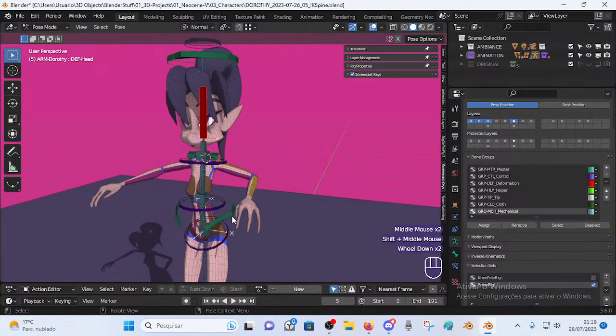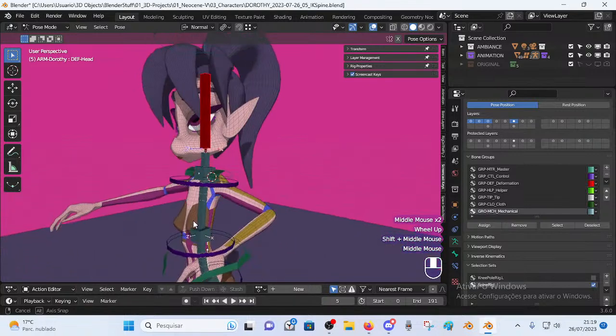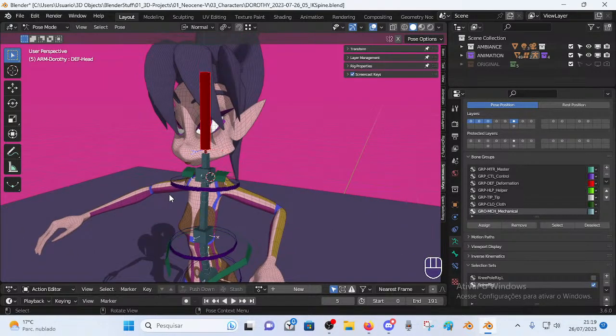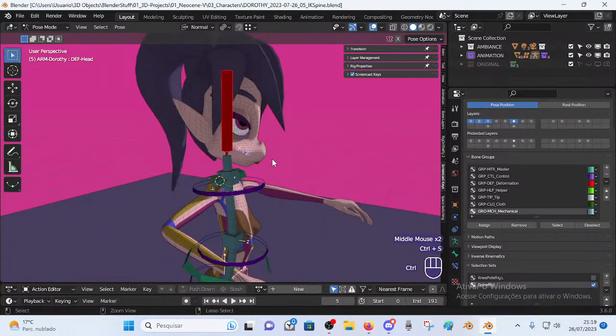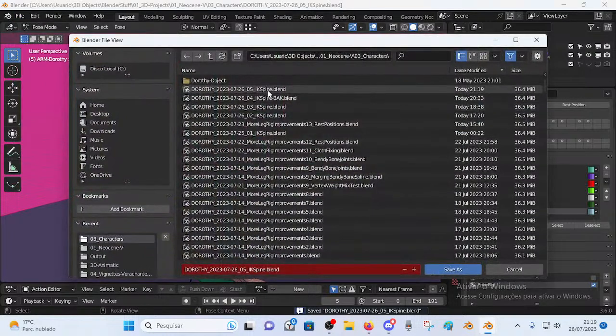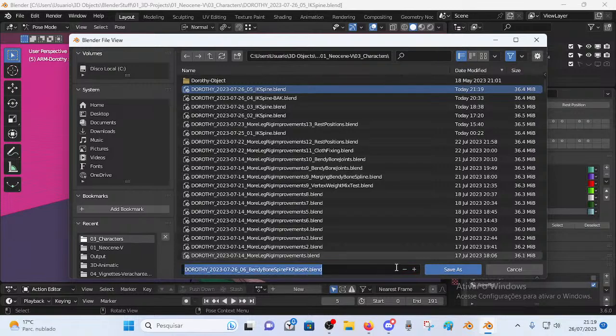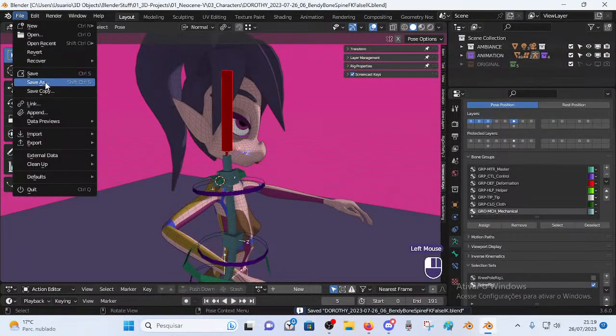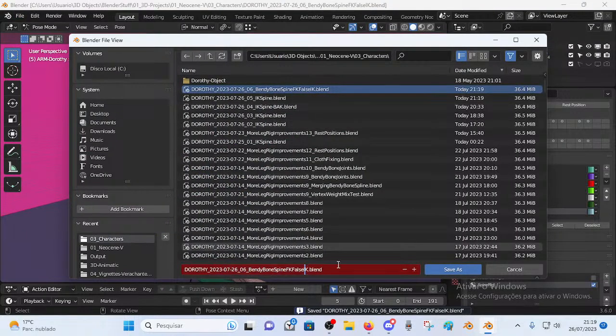So here now I'm going to make a demonstration of what I've done from that previous state of the rig to this current state. So I've just solved it. It's not IK spine, it's Bendy bone spine FKIK, it's a false IK. Okay, so I'll save that. And then I'll even save that as a